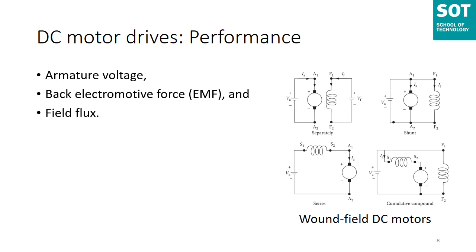If we look into the case of a series motor, the field current is the same as the armature current because these are connected in series, both the armature and also the field. So the field flux is a function of armature current. Whereas if you look into the cumulative compound configuration, the last figure, you have two field windings as you can see. One is S1, S2, in series, and one is F1, F2, in shunt. In a cumulative compound motor, the magnetomotive force MMF of a series field is a function of the armature current and is in the same direction as the MMF of the shunt field.